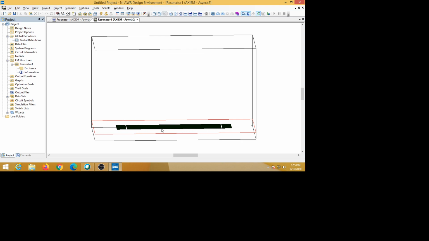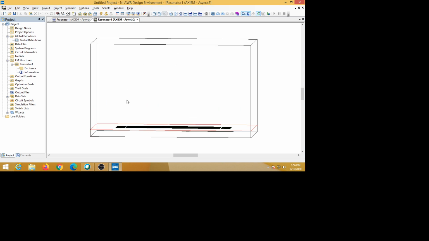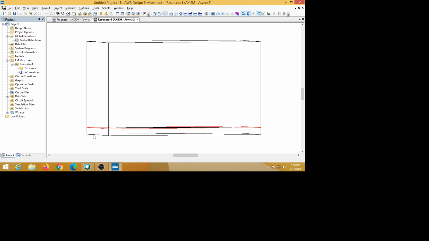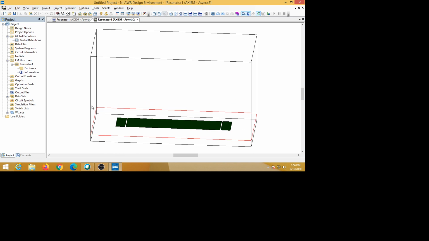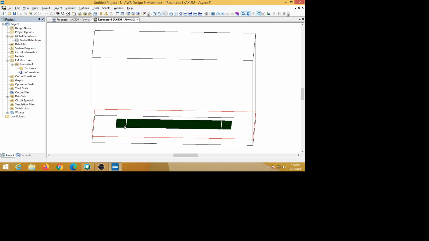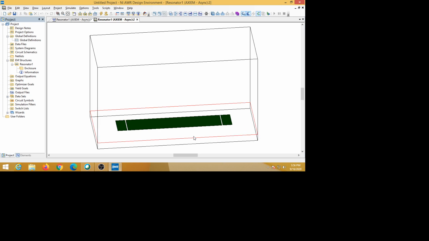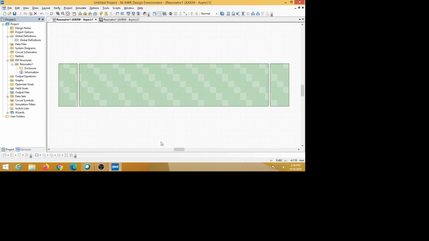The copper material is what we have drawn here. Below this there is our dielectric material, from here to here, that is what we have defined. And the bottom copper will be there. So the top is copper and the bottom is copper. On the top we have drawn our structure. Our structure will look like this.